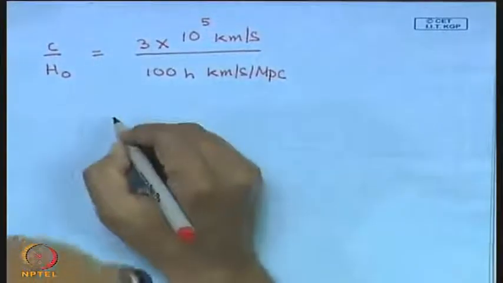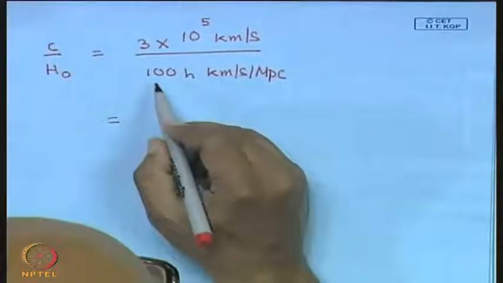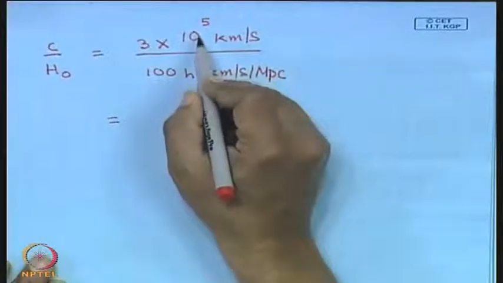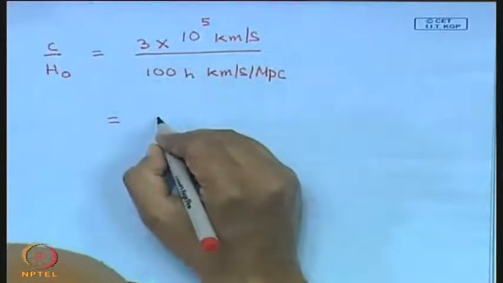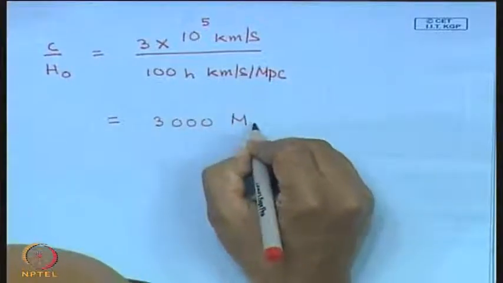So, we see that the Hubble radius has a value which is 3000 Mpc,